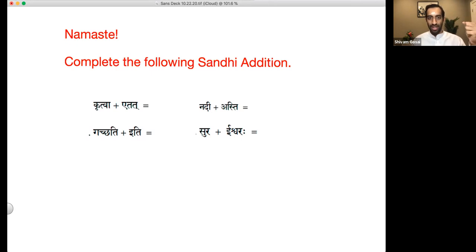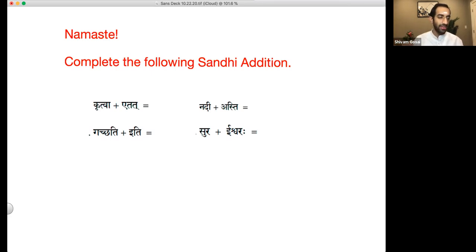We know that. If it's any other vowel except for a, then it's going to be yan sandhi as of now, right? So if we look at kritva etat, kritva etat. So we have a, so avarna meaning a, which is